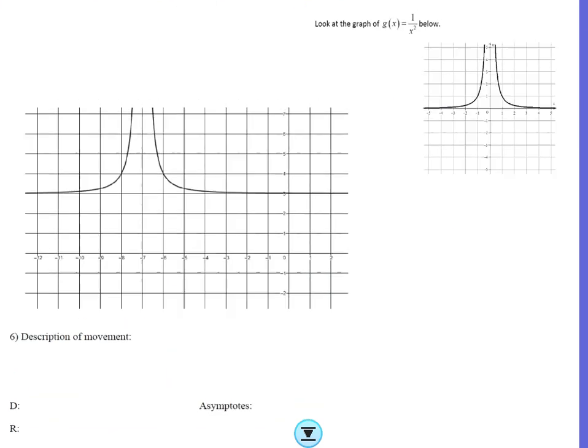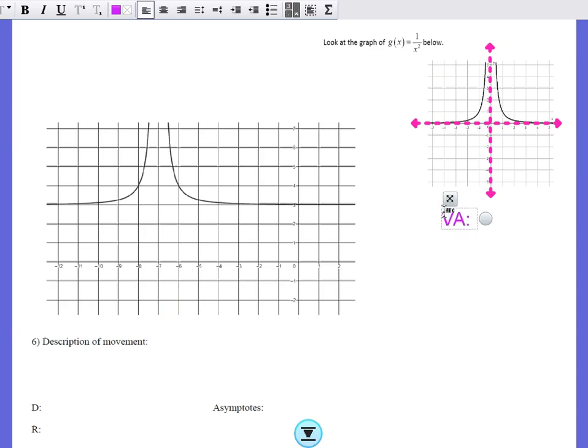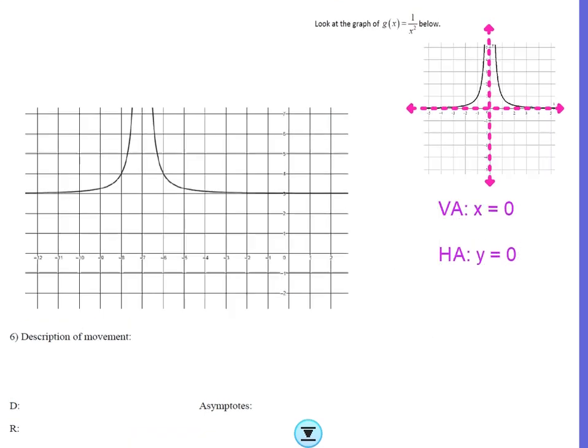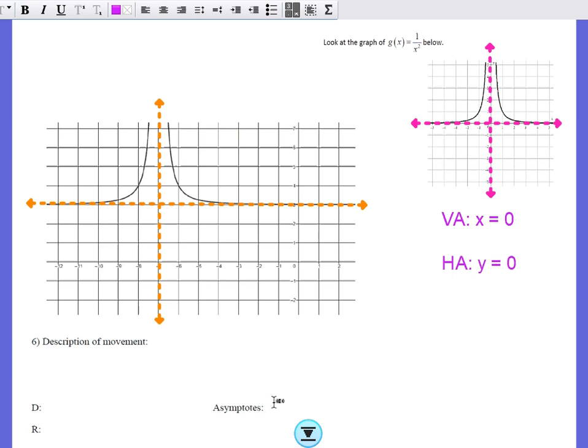All right, and here we've got our very last problem. I've got, again, my parent function here to the side. In that case, the vertical asymptote is x equals 0. The horizontal asymptote is y equals 0 for the parent function. And if I specifically want to talk about this new function right here, I put in my new asymptotes, graph those, and I can see